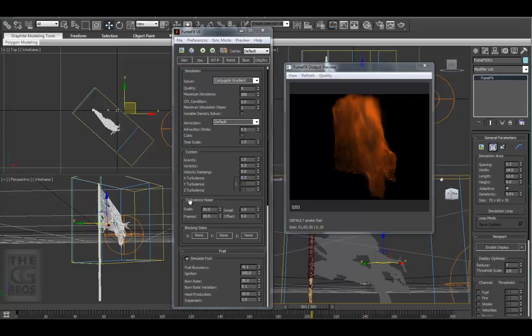Here is the turbulence noise section, where we set the noise frequency value, the frames value, which is the number of frames the frequency is phased or animated across, the detail value, and I always set this to 5, and an offset value that shifts the frequency of the noise. Well, let's stop here and pick up